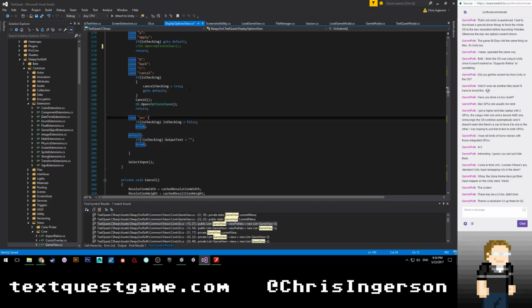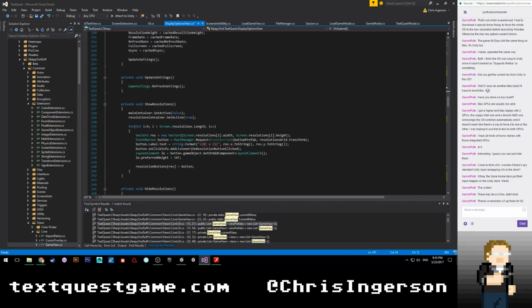If it's checking, we want it to be yes, right? So what this is doing is saying, when you change your resolution, it asks you, is this the resolution you want? It will revert in 10 seconds. Type yes to confirm, and if you don't type in yes, which is just 3 letters, so it shouldn't be that hard for people to do, within 10 seconds, then it'll reset. Originally, I think it was confirm, and that was a little too many letters to do in 10 seconds for some people. So yes is, I think, a better way to go. Anyway,